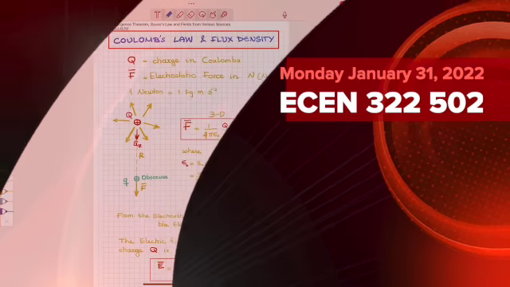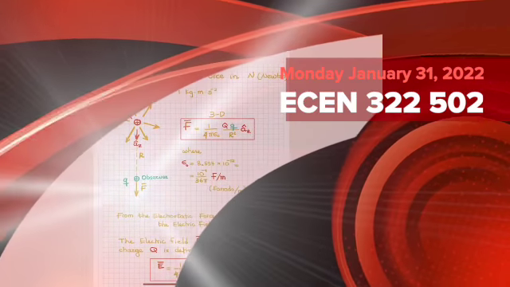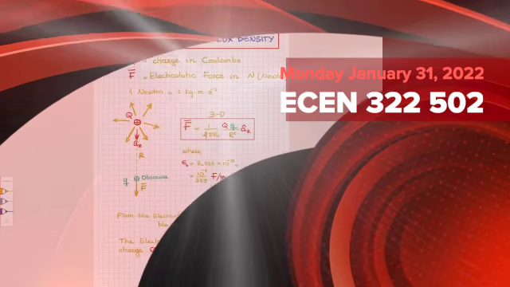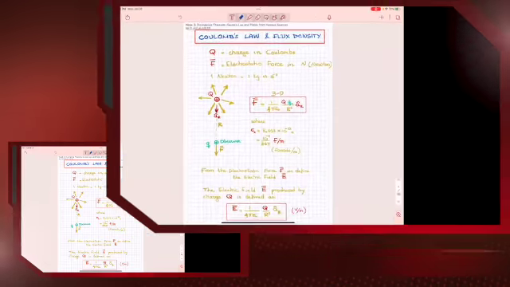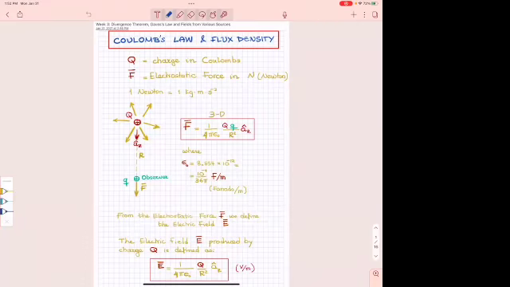Go from Coulomb's law to introduce the flux density and then to introduce Gauss's law. So to be able to have enough tools to solve problems, right? So far, in the previous lecture on Friday, you saw that we had Coulomb's law, which in fact the one you see here,